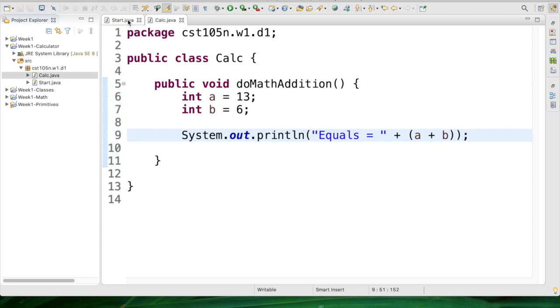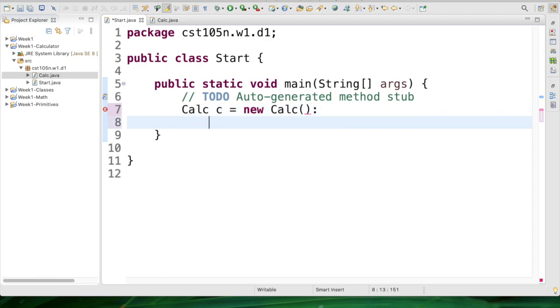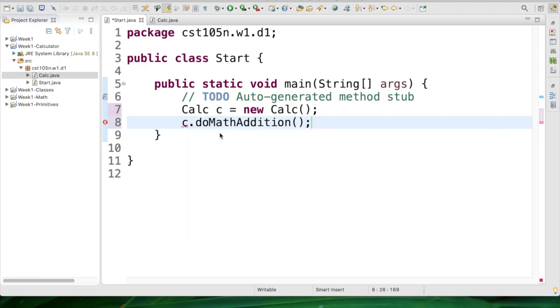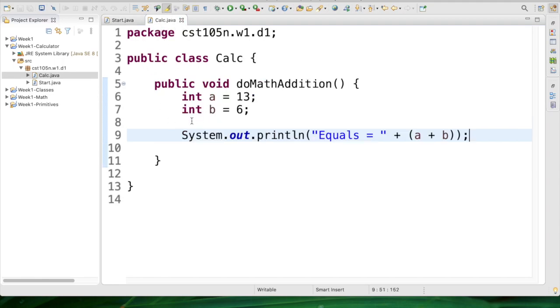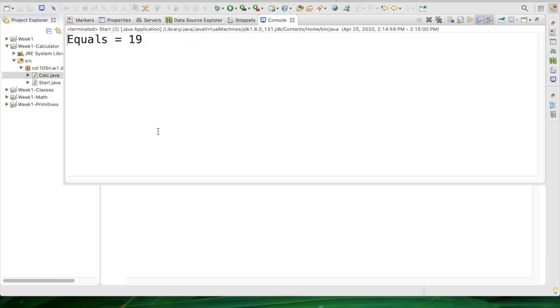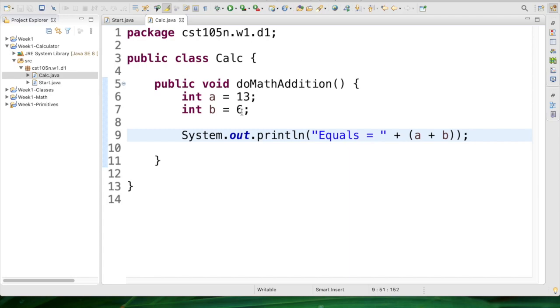It's not static. So to access it from our start, we need to make an object of calc. New calc. And then we can use that object that we created called C to use the Eclipse. Eclipse is going to pop up our various options. There's do math addition. Everything looks good. No red underlines in our start. No red underlines in our do math. So we can go ahead and give that a run. And equals 19, which does make sense because if I look at the numbers I'm adding together, 13 plus 6 equals